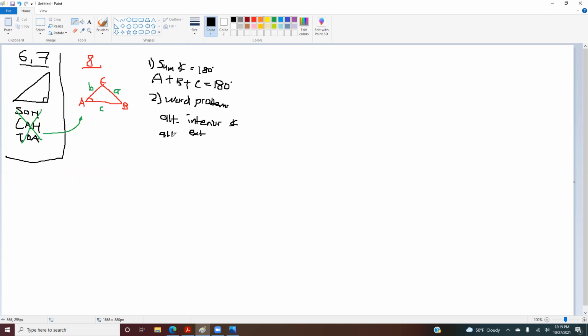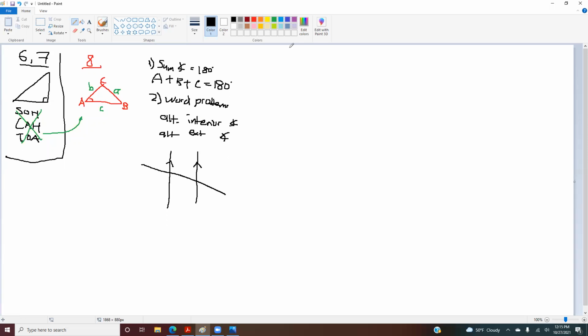Again, you used it in your geometry class in high school. If I give you two parallel lines, and you have a transversal line, a line that crosses these two parallel lines,